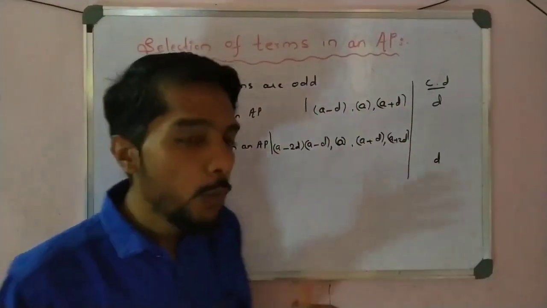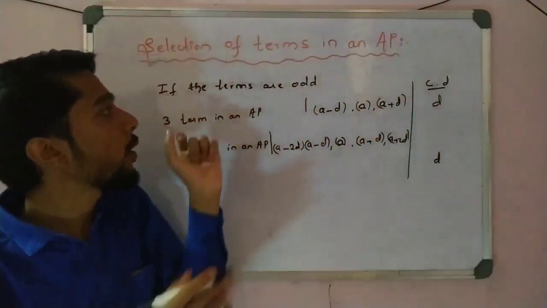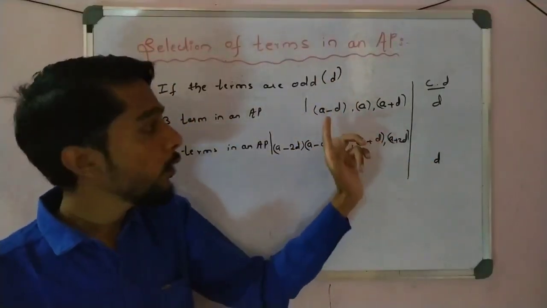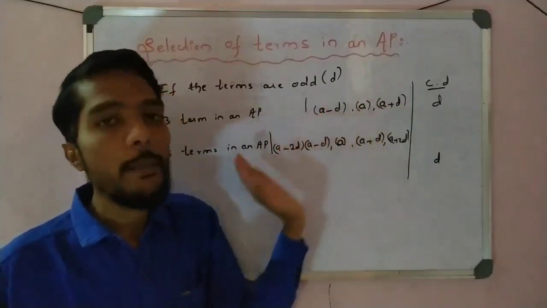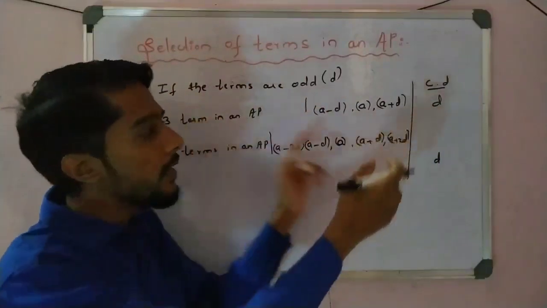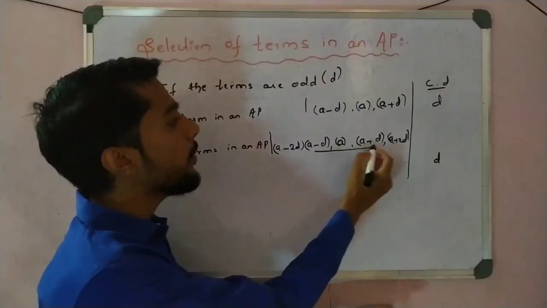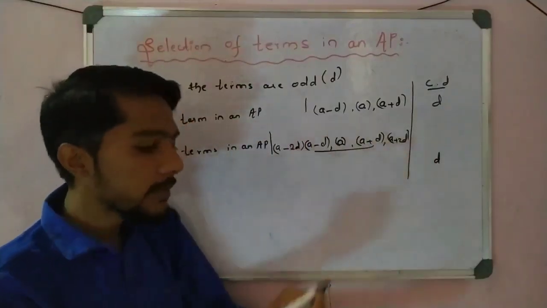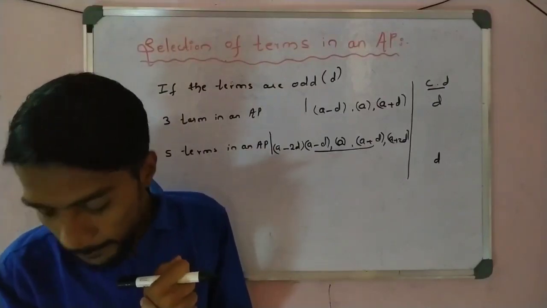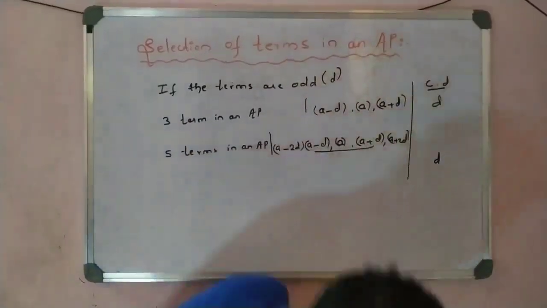This is how you memorize the formulas, not by rote learning. It is simple: in the odd case, the common difference we take is d. The center is a, the right side is a plus d, the left side is a minus d, and follow that. Again take d: this is the same up to here, and here a plus 2d and a minus 2d. So students, this is all about how to write the terms if they are odd. Please write this down.